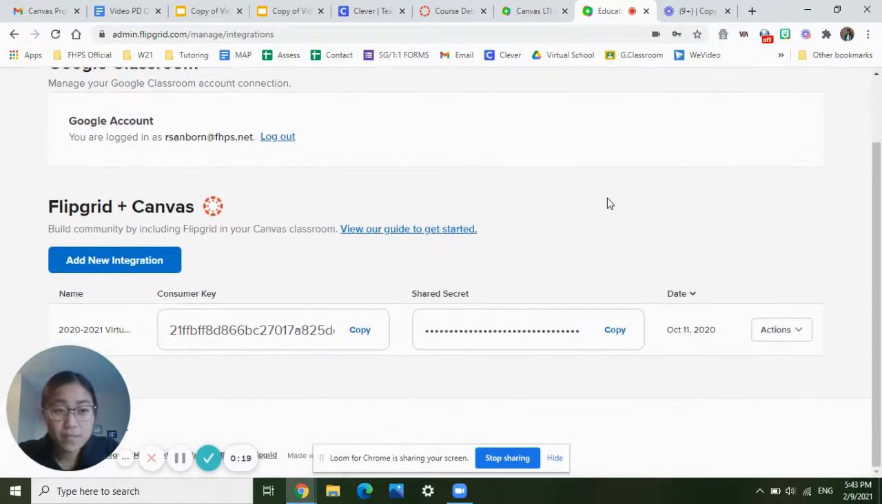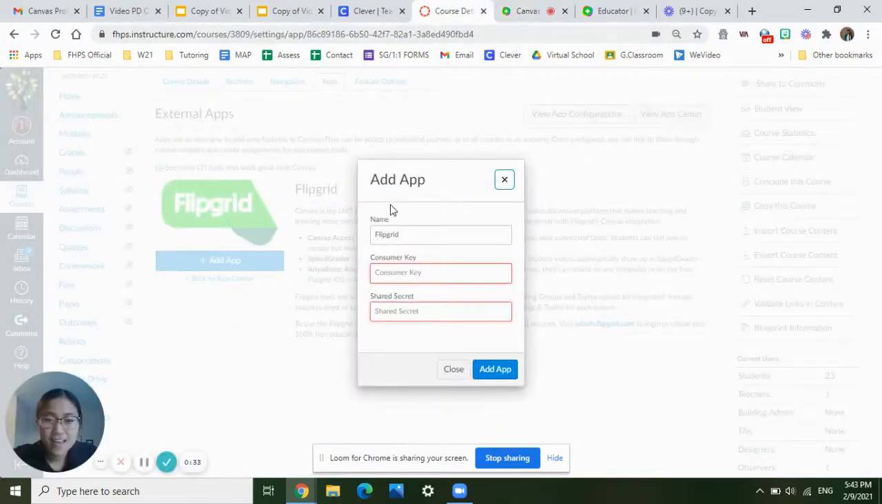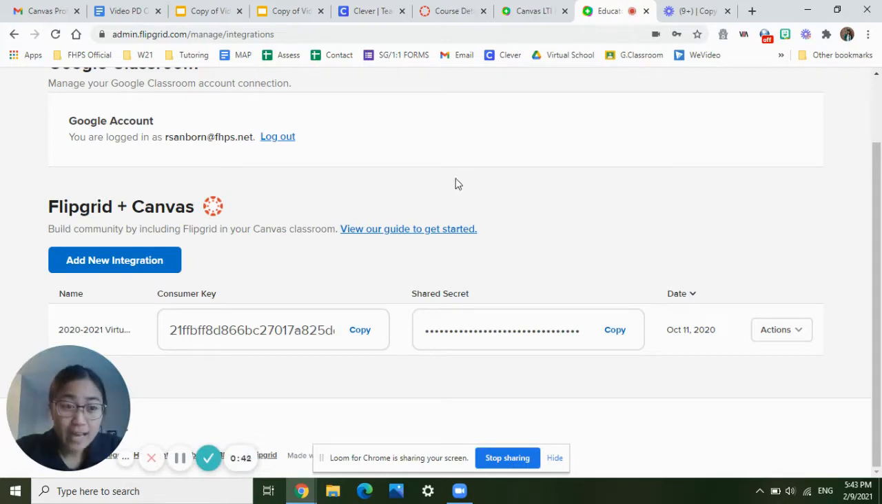Here, the first thing that pops up is Flipgrid and Canvas. So next, we are going to copy the consumer key and copy the shared secret and paste them right over here into the Add App. If you don't have something right here, it's probably because you don't have a group made yet. So if you come to this page and it's just blank, then